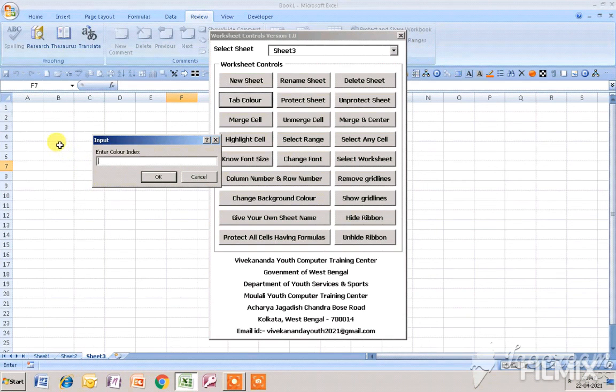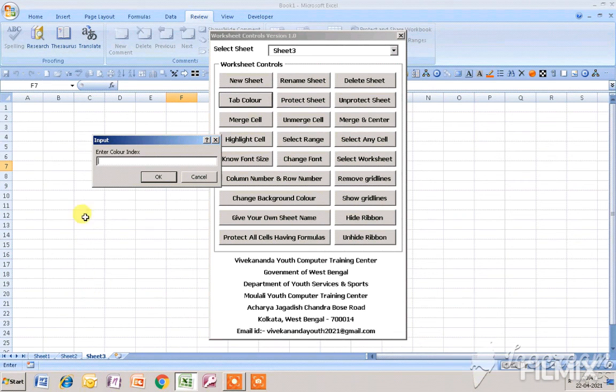I can only tell in this video that the color index number is a number which is fixed for each and every color. First of all, you have to know the color index number of any specific color, then only you can highlight any range or any cell, or change the tab color.